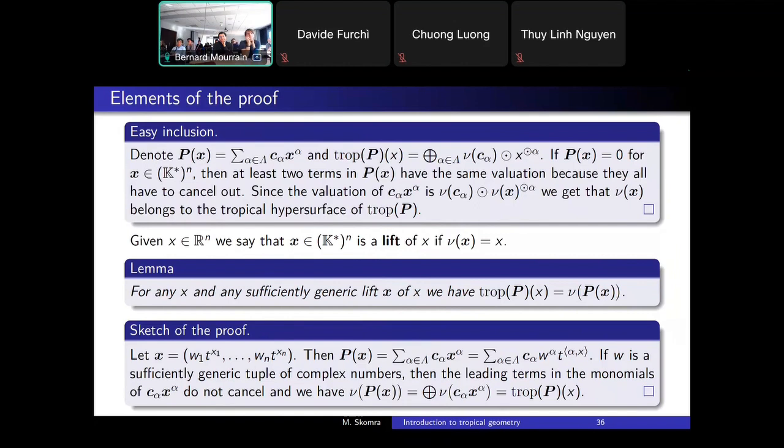So I will take t to the power xi, and I will multiply them by wi, where w are complex. So I will only look at Puiseux series that have a single term. Okay, so let me look at such a tuple. Then when I evaluate my polynomial on such a tuple, I get an expression of this form. And now I hope that it's somewhat clear that if my tuple of complex numbers is sufficiently generic, then in this expression, I cannot have a cancellation